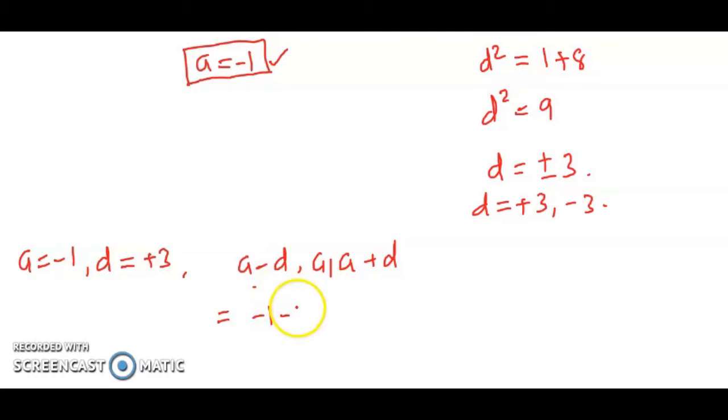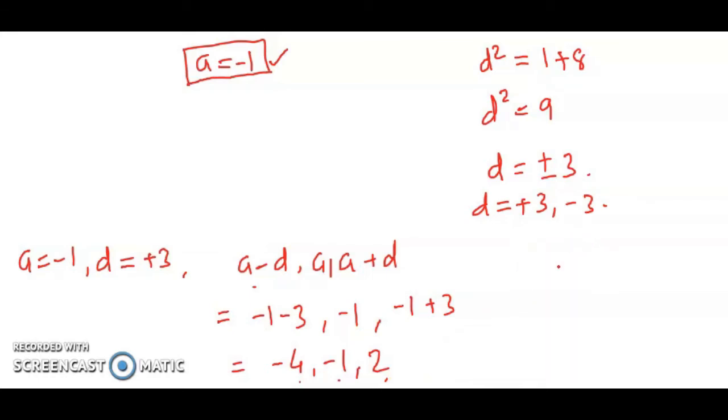So we will get minus 1 minus 3. Second number a, that will be minus 1, and third number a plus d, so minus 1 plus 3. So we get the first number minus 4, second number minus 1 and third number 2. The three numbers are minus 4, minus 1 and 2,